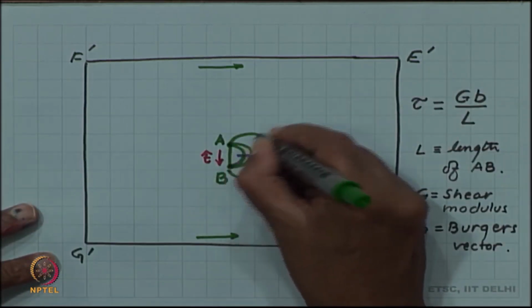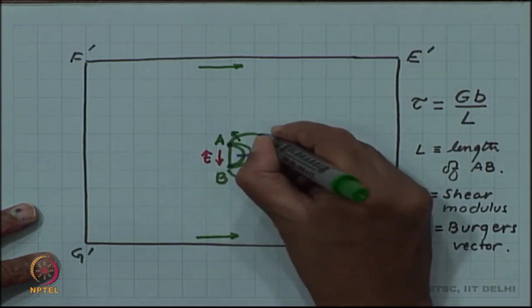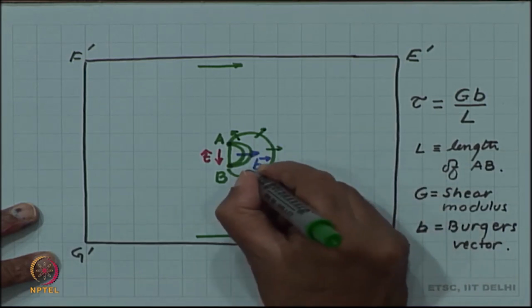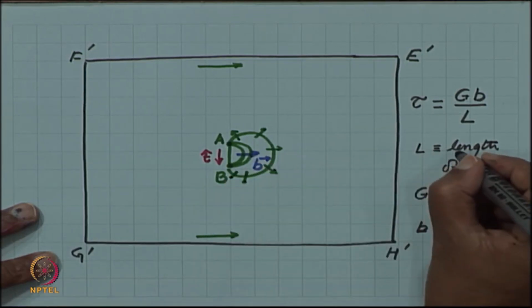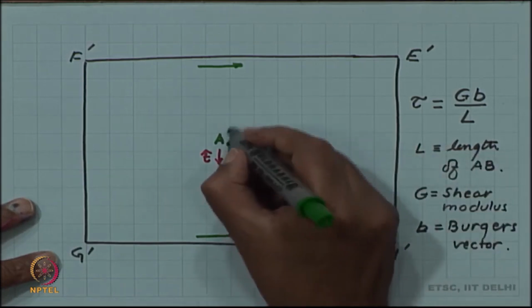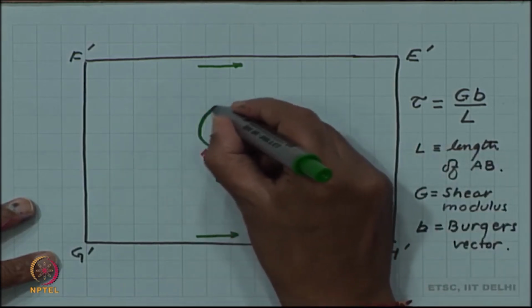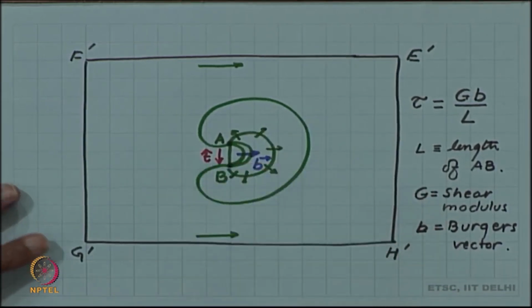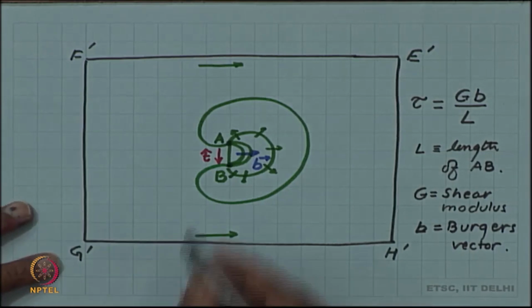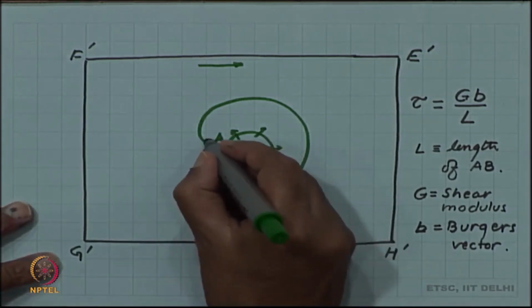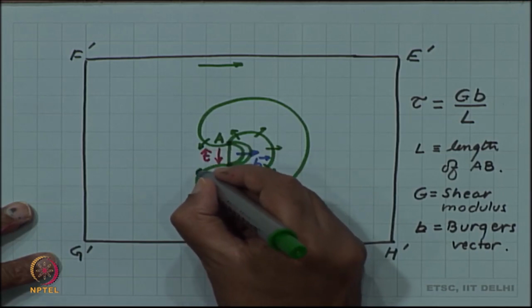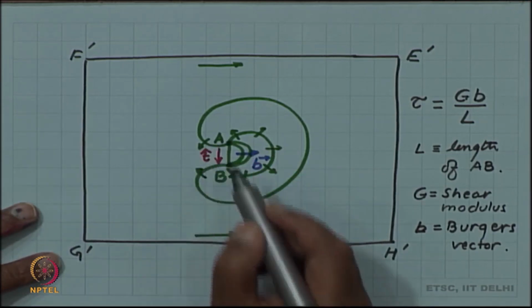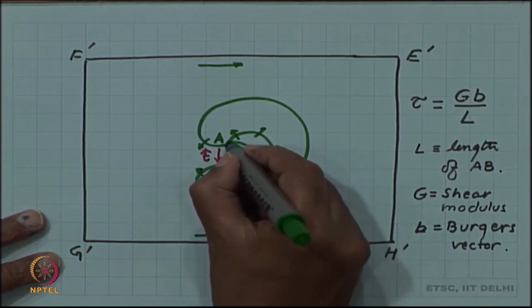So, at any given time, each dislocation segment feels a force which is normal to the dislocation line, and that is why it keeps bulging into these shapes. Now this will keep bulging this way, this will keep bulging this way. So, you can see that these two segments now are trying to come together,